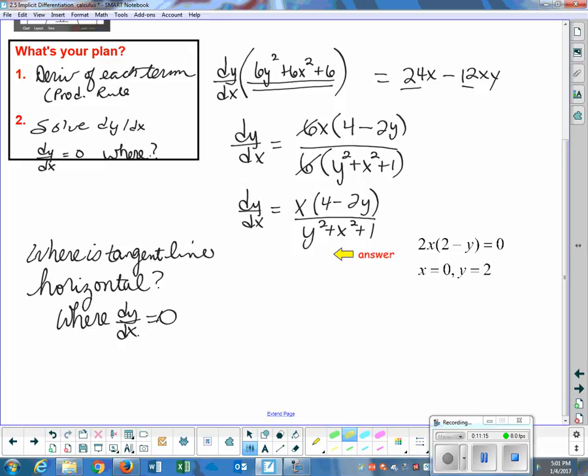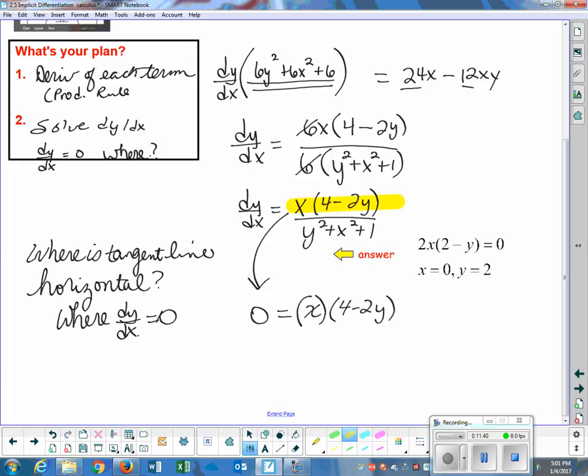So I could take my derivative and set it equal to 0, but really the only thing that can go to 0 is the top, right? If I had the bottom 0, that would be division by 0, which would produce, who knows what. It's an undefined function dividing by 0. So I could have just the top really set equal to 0